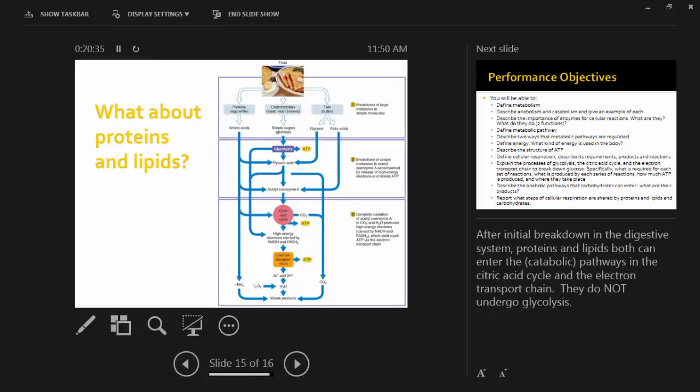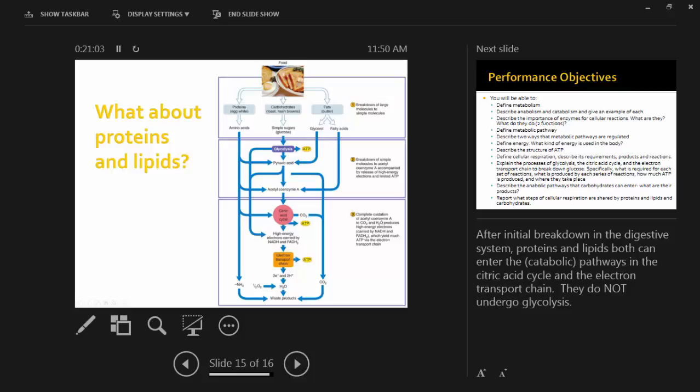So what about the breakdowns of proteins and lipids? And this is a kind of a scary figure, but it's really not so bad. All I want to show you here is that this is what we just did, right? We talked about carbohydrates being broken down into simple sugars and then going through glycolysis to pyruvic acid, okay? And that's what goes into the citric acid cycle, produces CO2 and ATP, and all those electrons go in the electron transport chain,